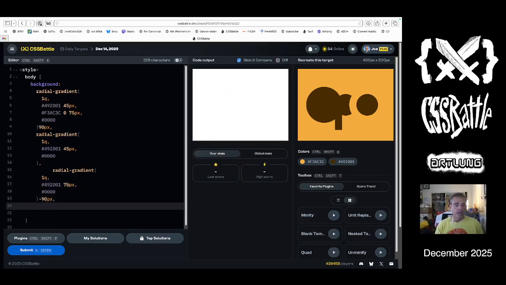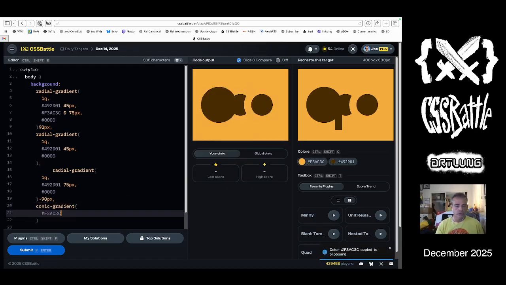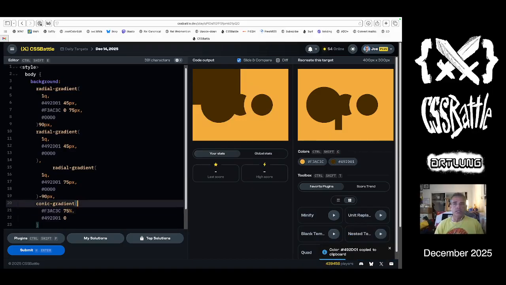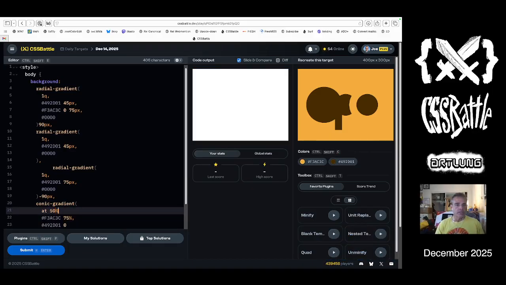And then the last gradient is a conic gradient. And there are other ways to accomplish these, obviously, but conic gradient is the first one I think of. You can do it your own way. It's another way to go. Let's go yellow, 75%. And then the dark color brown, 0. And then we need to give it something like at 50%. And let's call it,